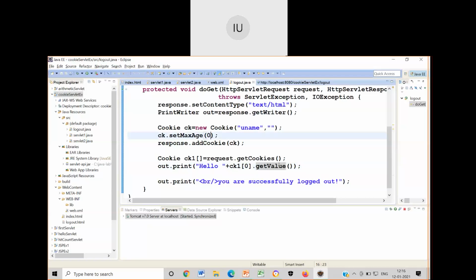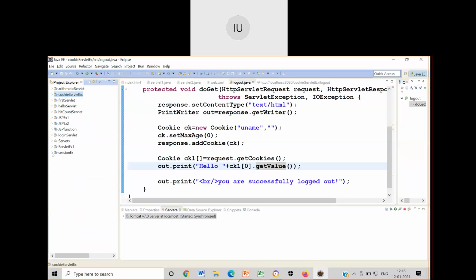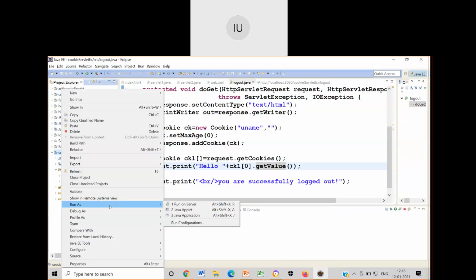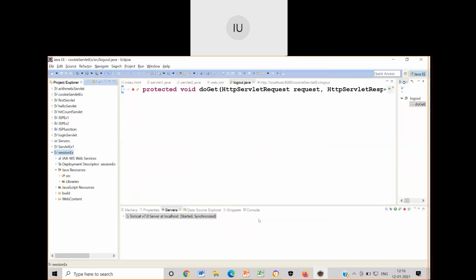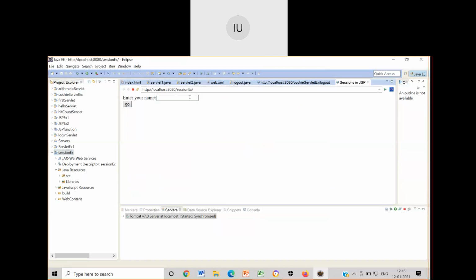Okay, this is how a cookie will work in case of servlets. I think yesterday I mentioned the sessions example. Let me just remind you about this. If you can remember, this is what we had discussed yesterday. You can have the maintenance of the session up to the last page, up to any number of pages. And if I open that,